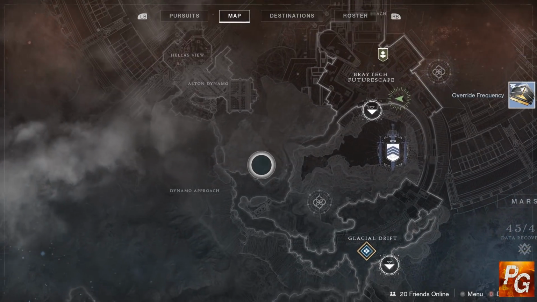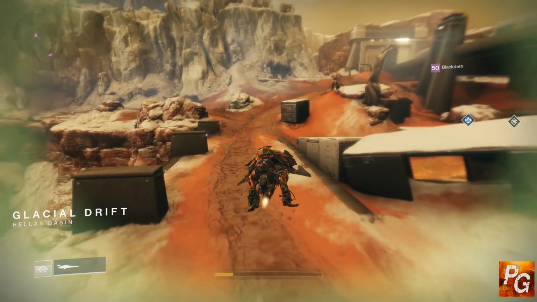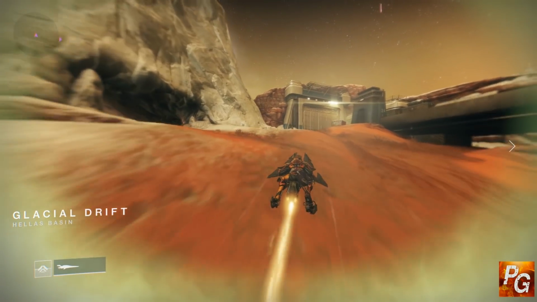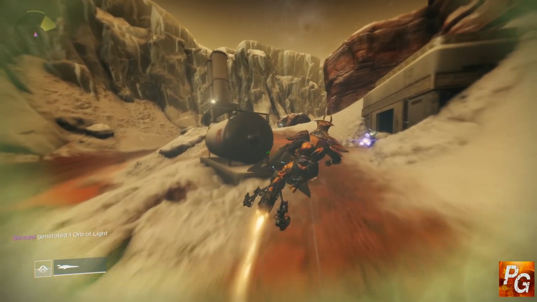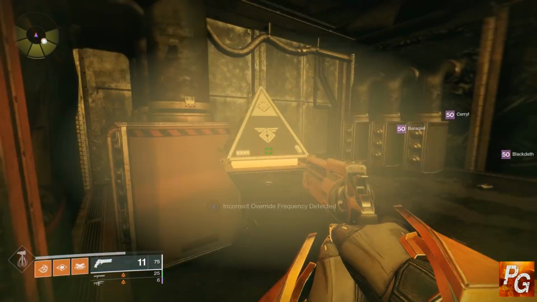Now these are the music boxes that you find all over Mars, all over Hellas Basin, all over the Drift, all over all of that stuff. Each time you open up one of these music boxes, it is guaranteed to give you a couple of shaders that will dismantle into legendary shards, but it also has a really high chance of giving you some legendary gear, things like sparrows, ghost shells, and weapons and armor from year one. So these are actually a pretty good way to collect some legendary shards,